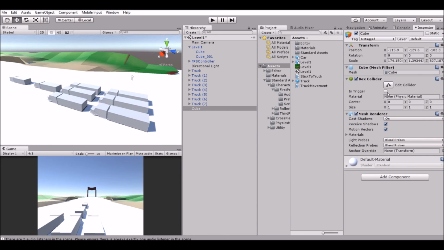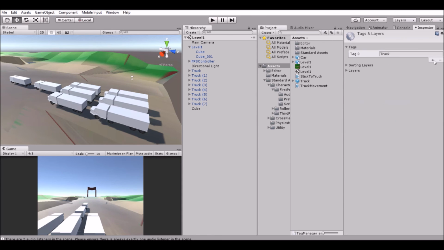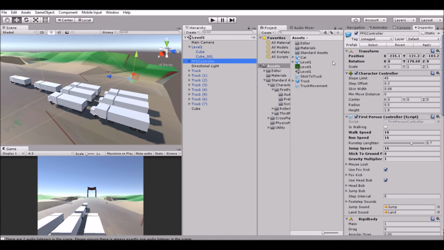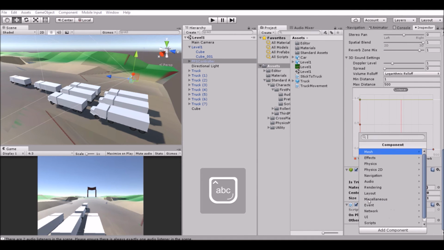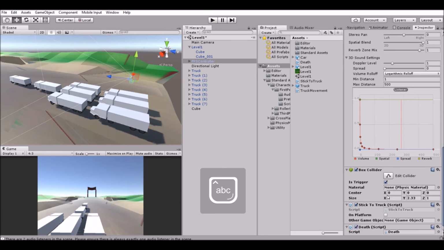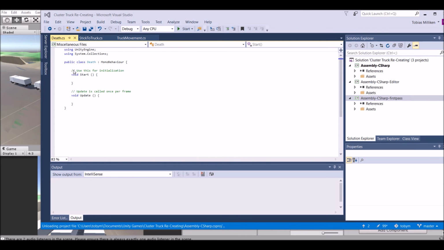Now we can set his box collider to be triggered, turn his mesh renderer off, and what we can do is give him a tag of floor or ground. Now we need to add a new script to the player that says restart level or death. Let's just name it death, alright? We can open this script up, and this will be a simple script. All we need to do